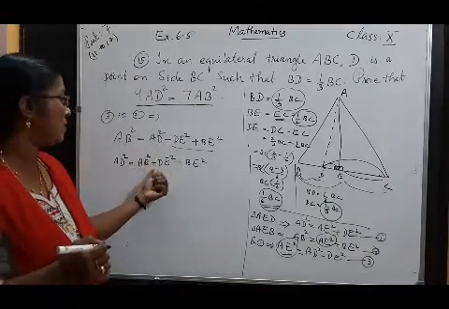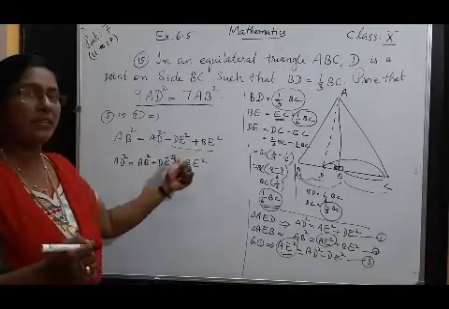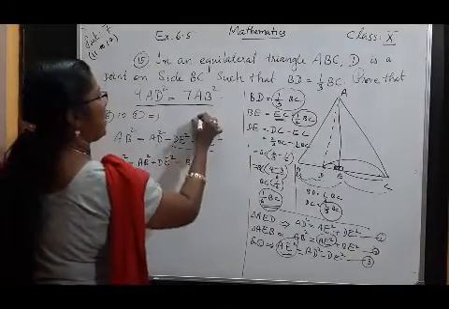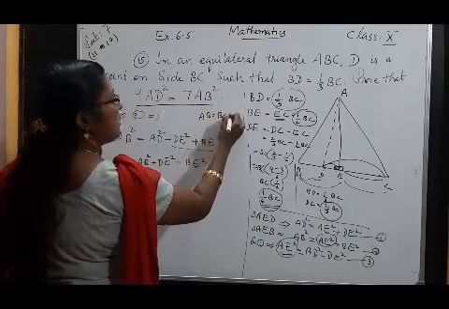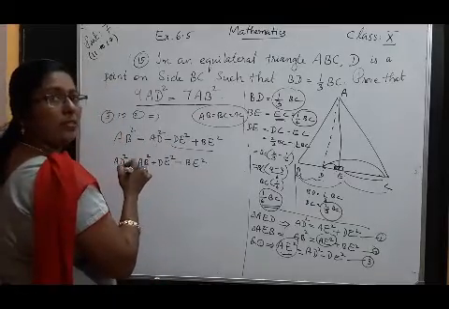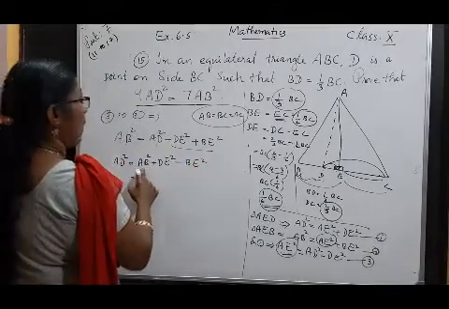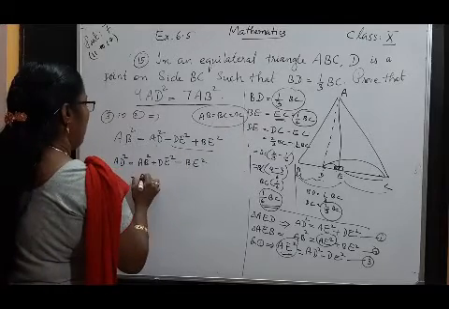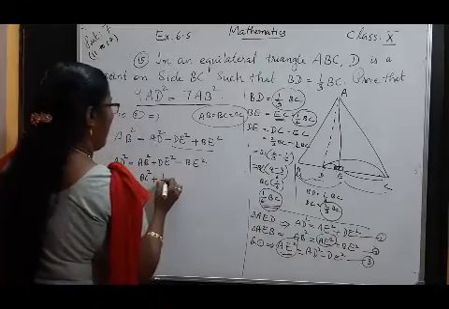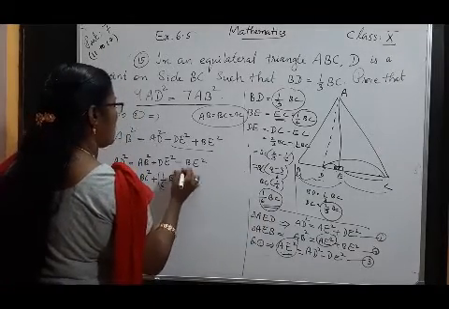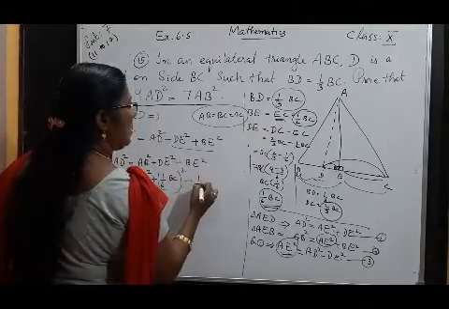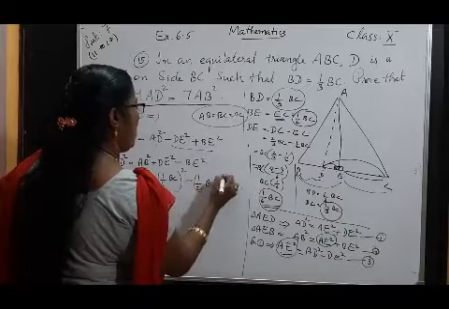Transpose this minus on the left side, plus and plus change to minus. Then this AB, instead of AB and BC and AC are equal, equilateral triangle, 3 sides are equal. So instead of AB square, write BC square plus what is DE? DE square is 1 by 6 of BC the whole square. Then what is BE? BE is half of BC. Half of BC the whole square.